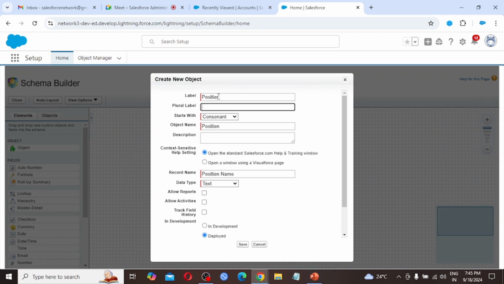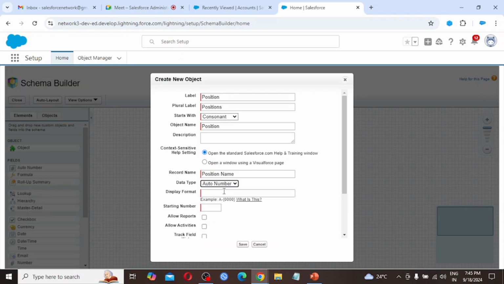Position, positions, consonant, provide the description, position name. Again I am going with auto number. So position ID, in the curly braces I am taking 20 and starting from 1.